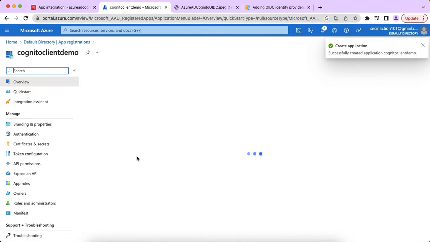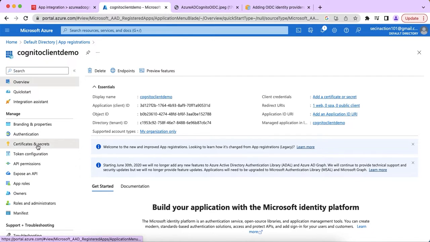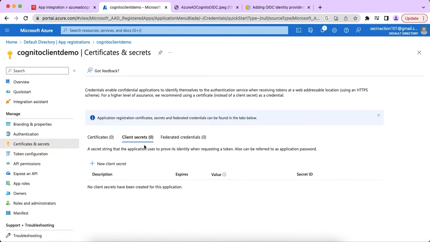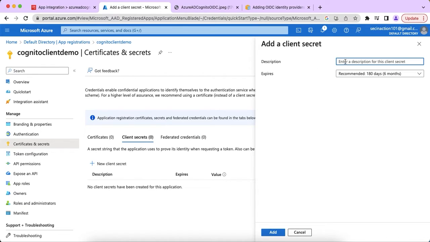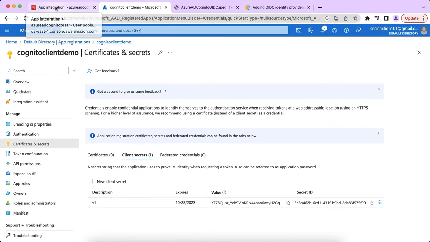So now we created a client application, an OIDC client app in Azure AD for the Cognito instance, and let's configure the secret as well. So let's create a new secret and name it version 1, v1, and 6 months should be fine. So we have the secret value here. Let's use it at a later point of time. So now we can go back to the Cognito screen